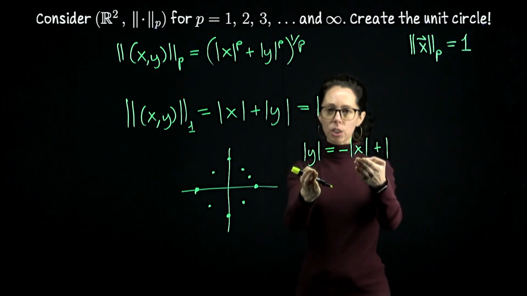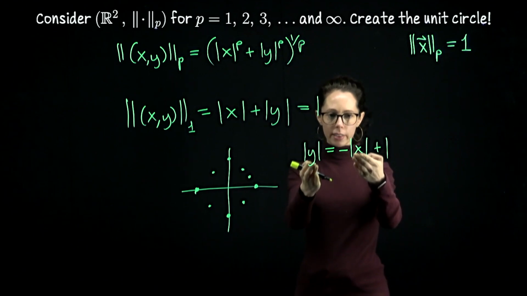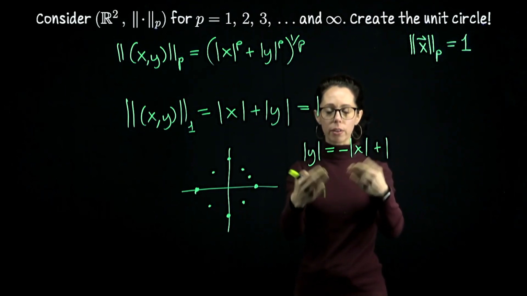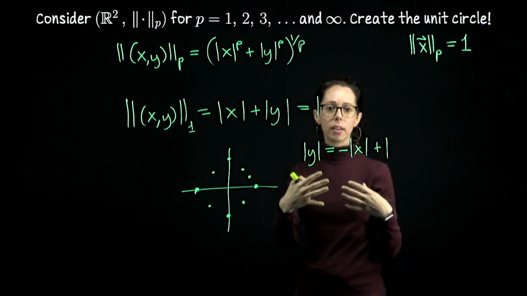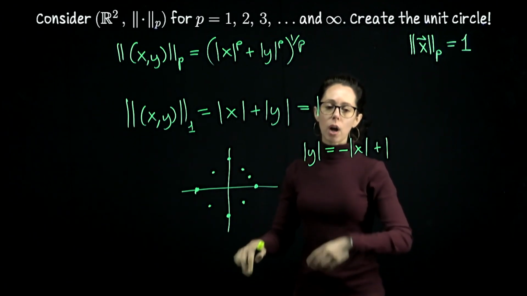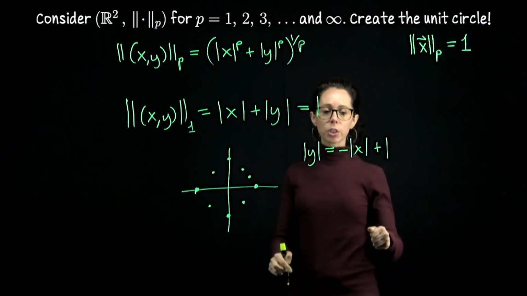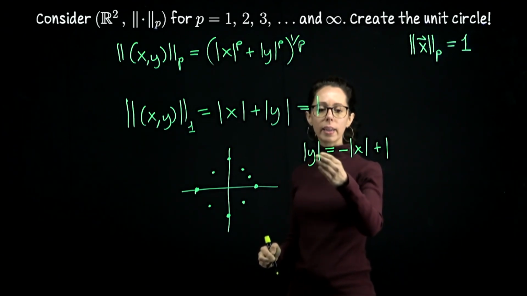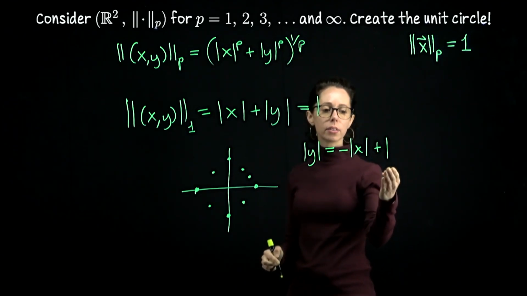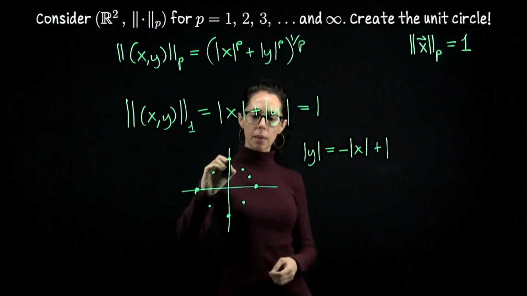Because of the sign choice that we have when we look at the xy coordinates that we're plugging into these absolute value functions, we're actually going to get 4 line segments out of this. So just first drop the absolute values. Imagine x and y are both positive. In the first quadrant, we would be looking at the line y equals negative x plus 1. So that's going to be y-intercept 1,